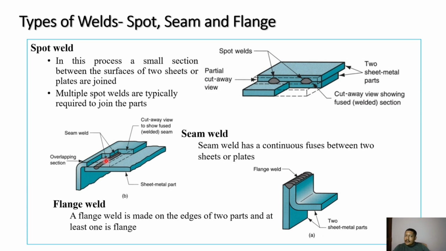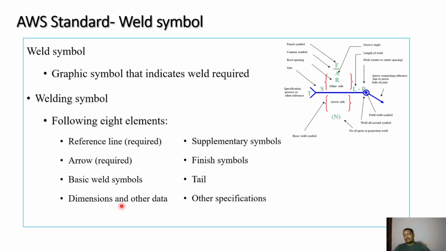With the help of the applied pressure, the material is bonding in the solid state itself. So that is called seam welding. Spot welding, seam welding, flange welding, etc., they all fall under the category of resistance welding process. Okay, so we have seen so far the types of joints,